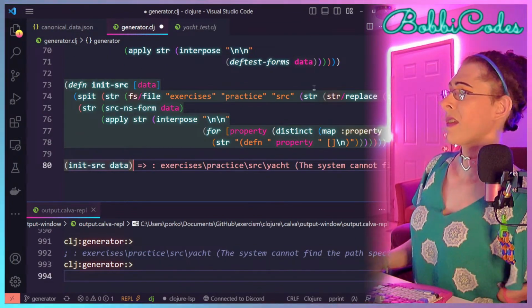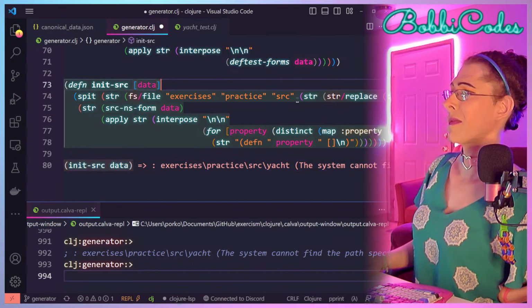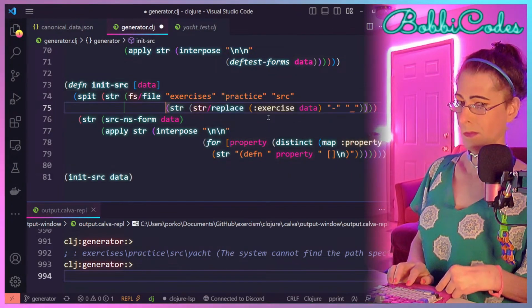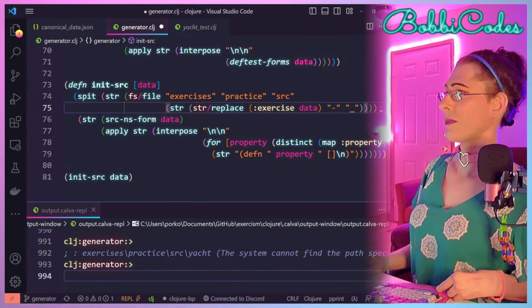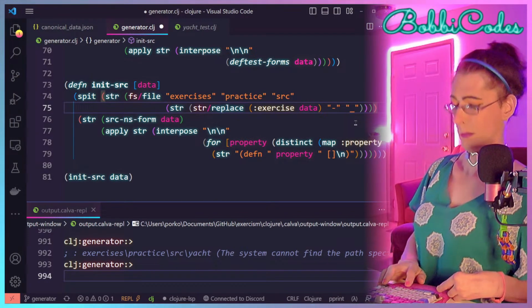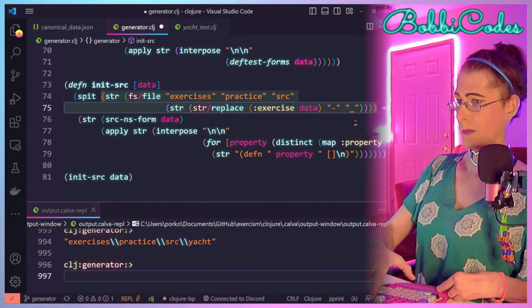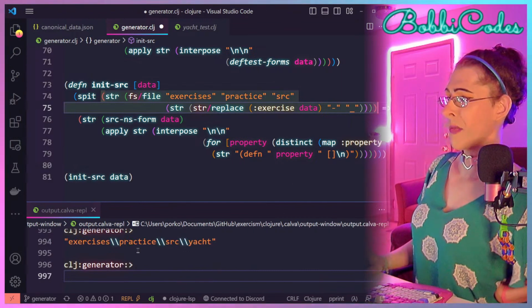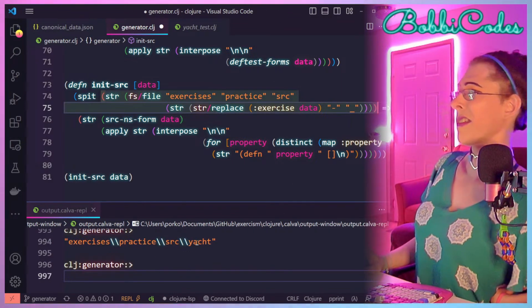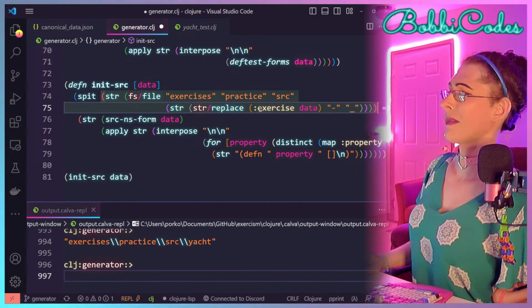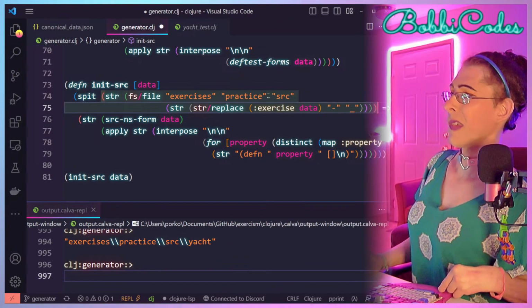And that's still not right. Let's see, I'll just... Exercises practice. Oh, yeah, this is backwards. We need the name of the exercise.